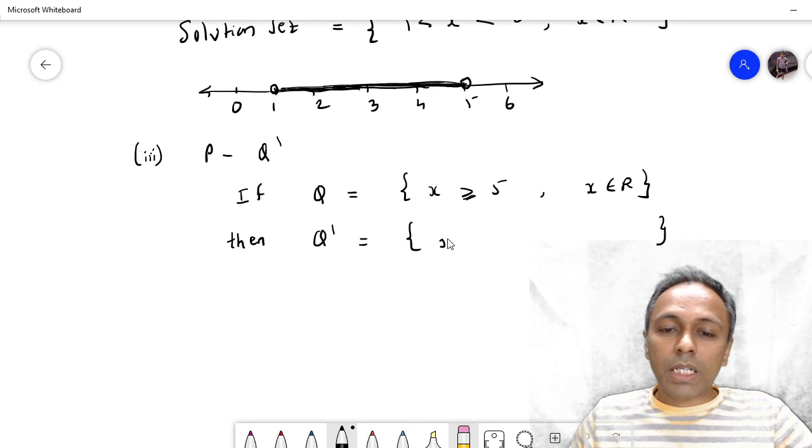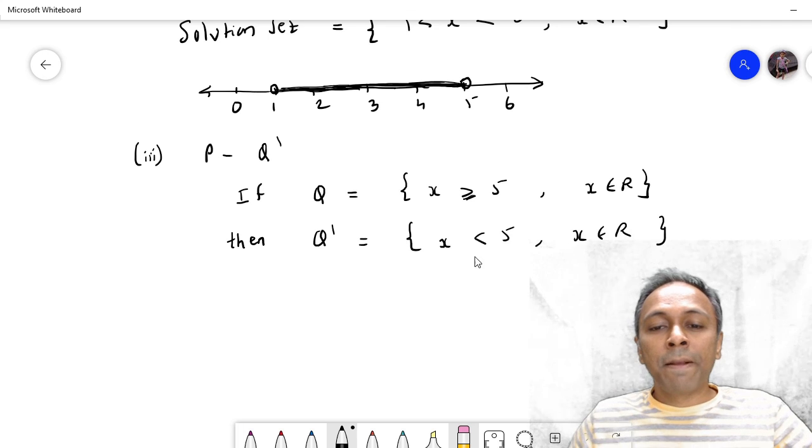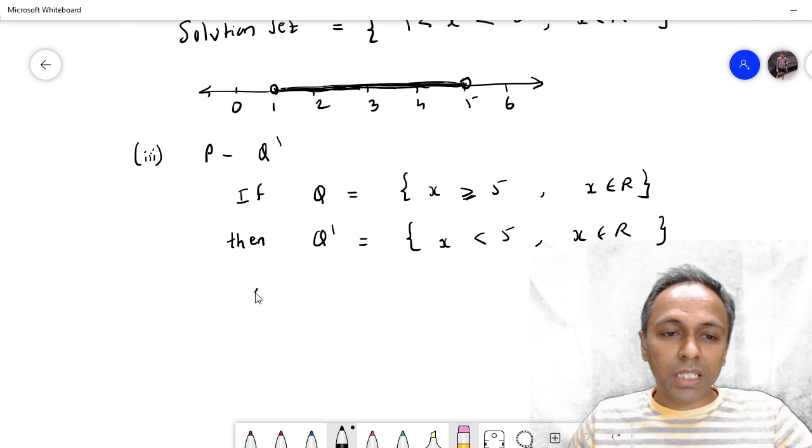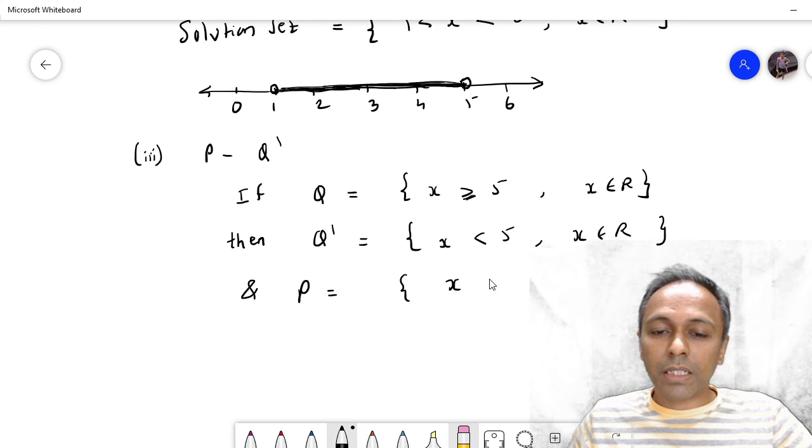So exactly opposite will be x less than 5, रियल तो रियल ही रहेगा। तो x लेस देन 5 हो गया आपका Q कॉम्प्लीमेंट, ठीक है। और P तो सभी बच्चे जानते ही हैं, P हमें क्या आया था? x ग्रेटर देन 1, x बिलोंगिंग टू R।